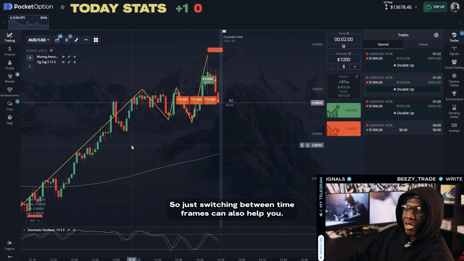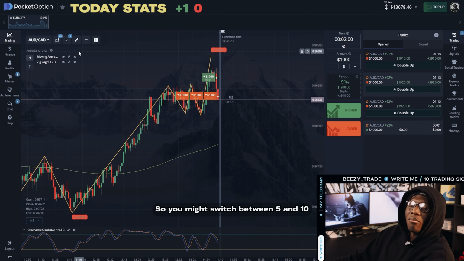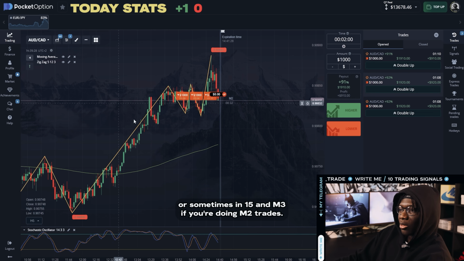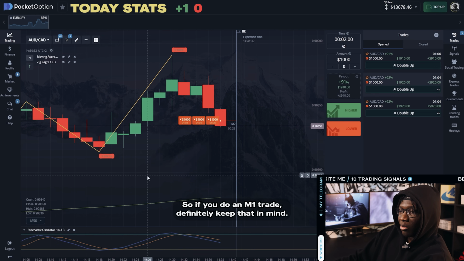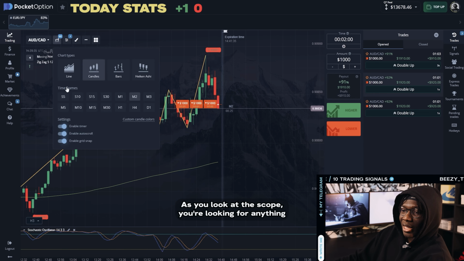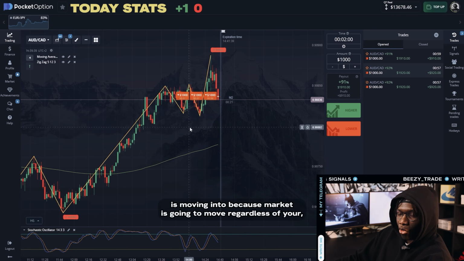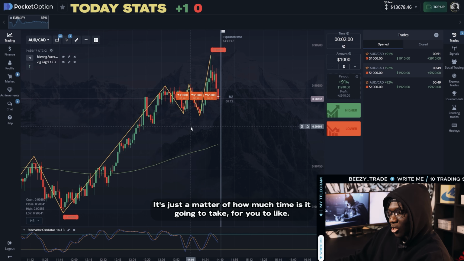So just switching between time frames can also help you, but sometimes you also have to think about how things can change very quickly. So you might switch between M5, M10, or sometimes M15 and M3 if you're doing M2 trades, or if you're doing M1 trades. Definitely keep that in mind, because you look at the scalp, you're looking for anything that can give you more information on where the market is moving into, because the market is going to move regardless of your time frame, whether you're in M1 or 1 hour or 4 hours. It's just a matter of how much time it is going to take for you